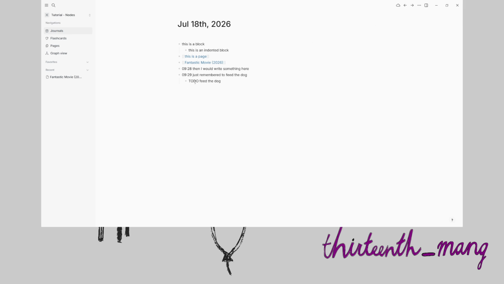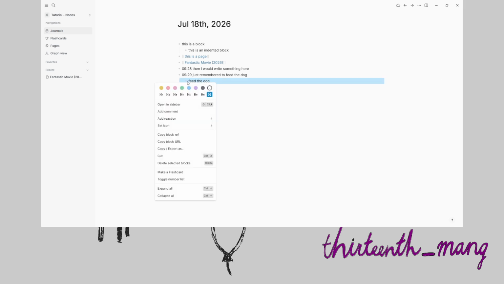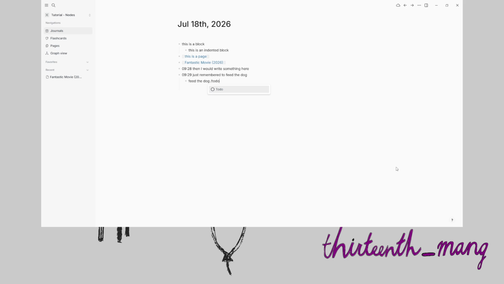I like having the to-do separate from the actual journal entry as well. And this is just an example, right? But this doesn't work, so you can't use to-do anymore. You would have to actually right click on this, and then can we toggle number list? Huh. Okay, so I don't know. Oh, there we go. Okay, so you do slash to-do instead, and it creates this, and then you can